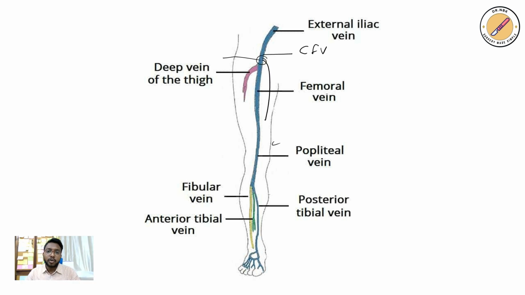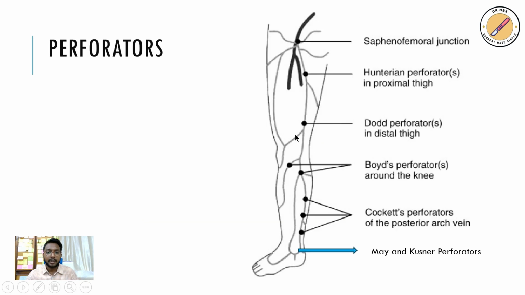One important point we need to understand and remember is that this great saphenous vein will terminate into the common femoral vein, and this point is called the saphenofemoral junction. So one is the saphenofemoral junction, where the long saphenous vein will terminate, and another one is the saphenopopliteal junction, which is very much variable, and that is where your short saphenous vein will terminate into the popliteal vein. Okay, right. Next,